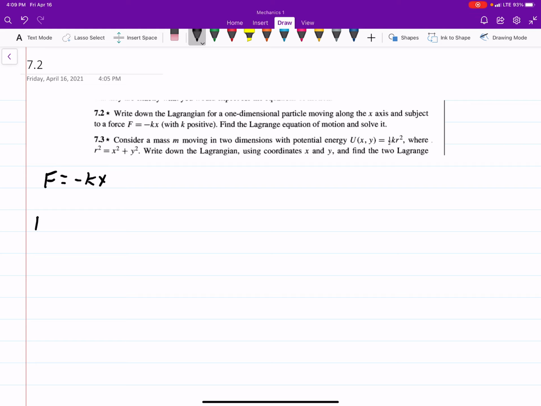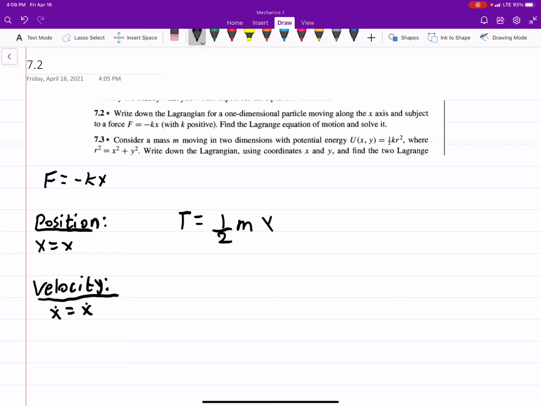So our position is still x equals x, and our velocity is just x dot equals x dot. Now, our kinetic energy is just 1/2 m x dot squared. That's our velocity squared. And our potential, this is a little different, but we have a force equal to minus